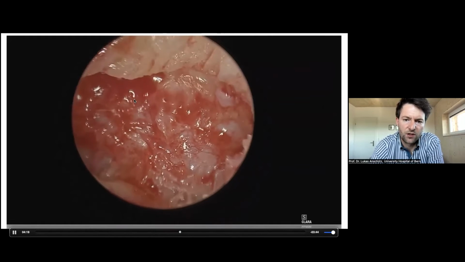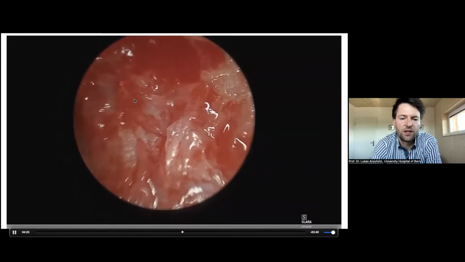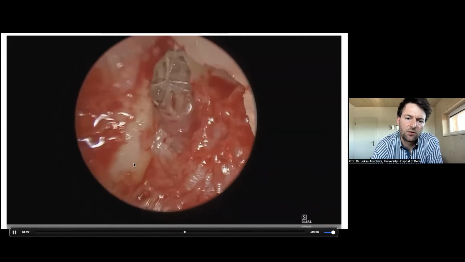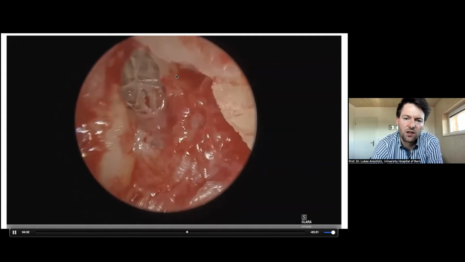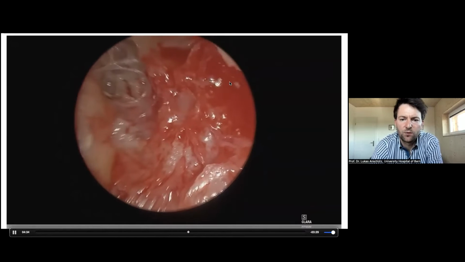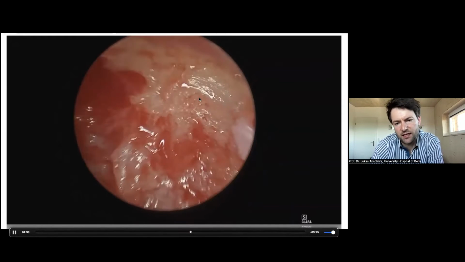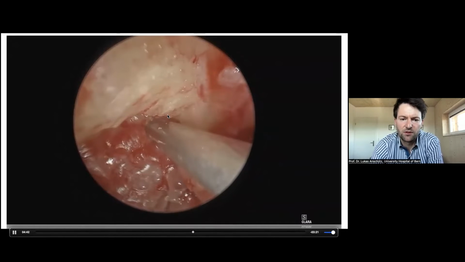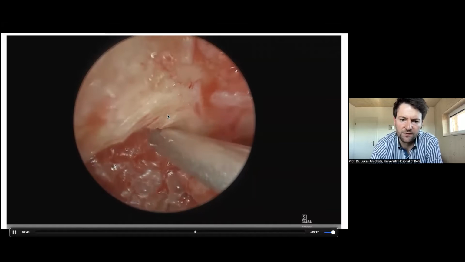So the cholesteatoma goes away, and now I look into the antrum with a 45-degree endoscope. You can see here, this is the Körner septum from below. This is the lateral semicircular canal, facial nerve, and the tegmen. And we can check if there is some more cholesteatoma. And there is actually one small piece, you can see it here, of cholesteatoma, which can be removed with a suction under visual control.